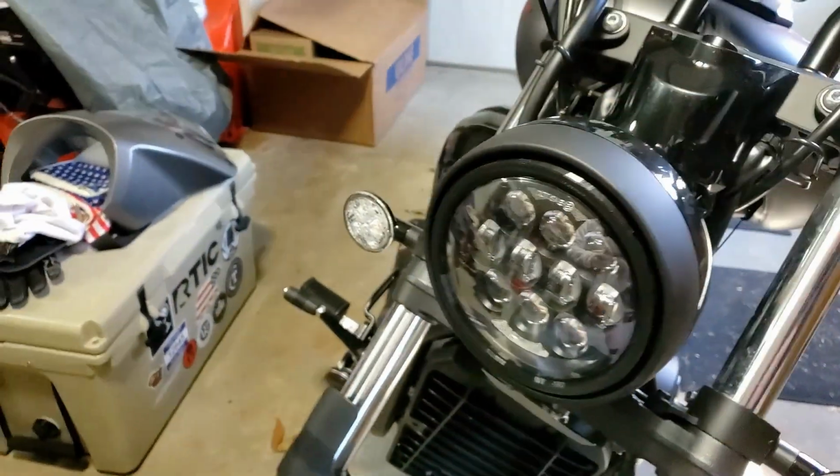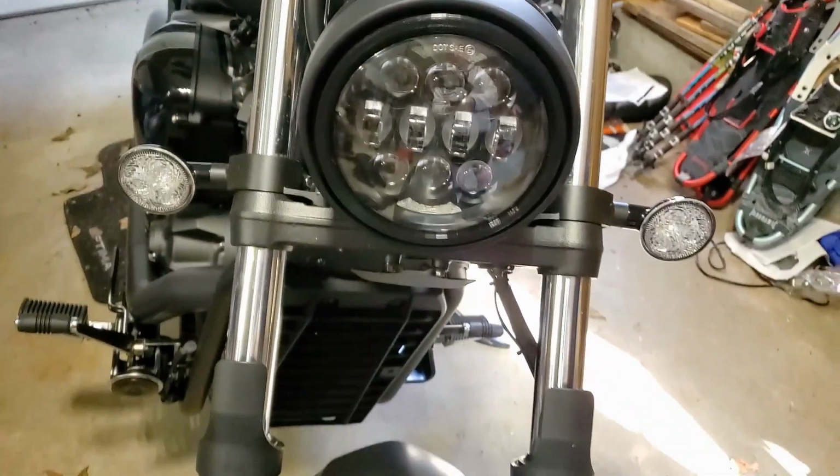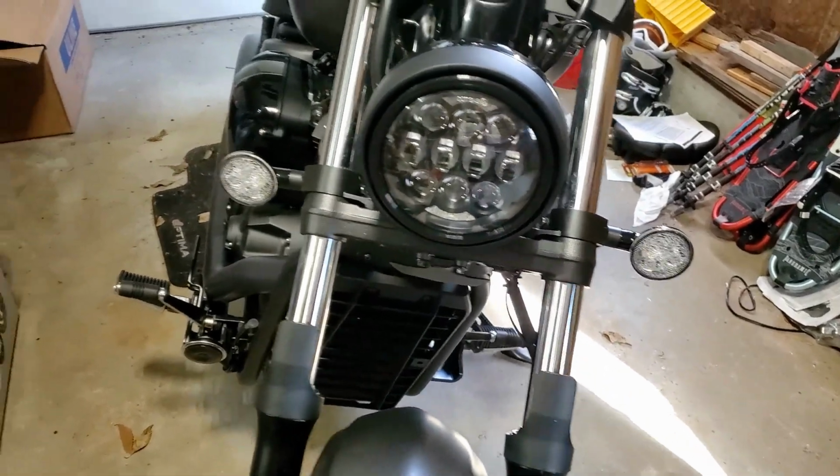All right. That is what the final product looks like. We'll turn on the bike